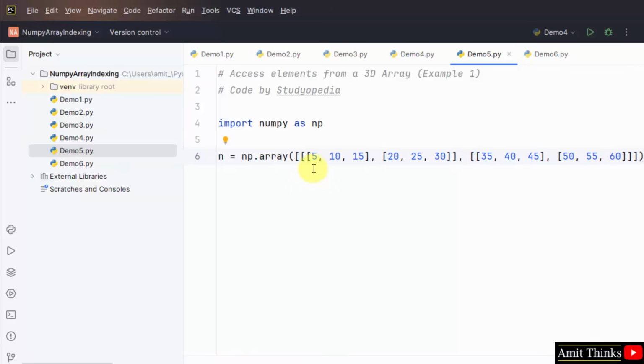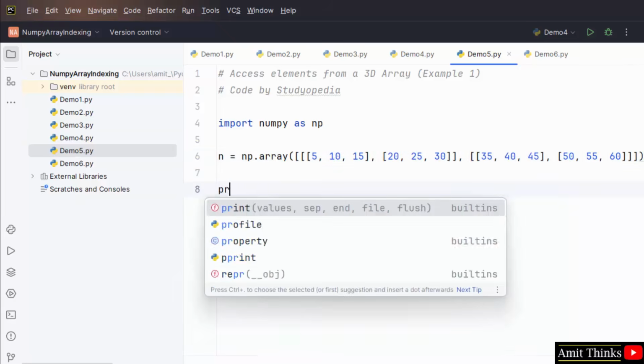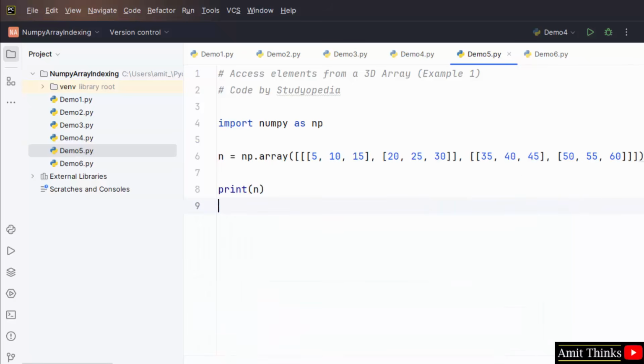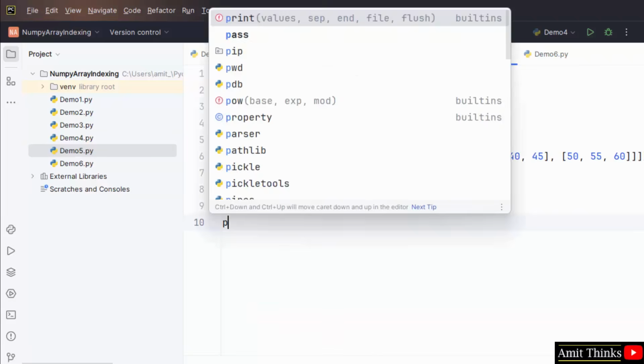Here we printed our 3D array. A 3D array consists of 2D arrays. So the first 2D array is the following and the second one is the following. For our 3D array, print it. Now let me access some elements out of it